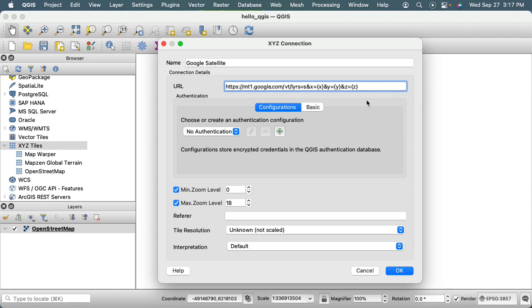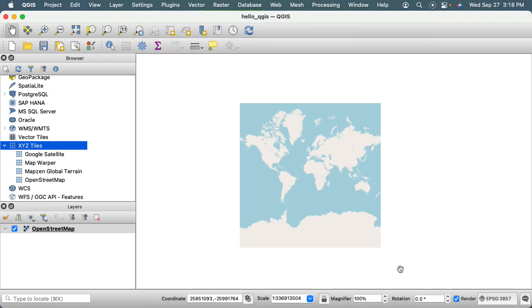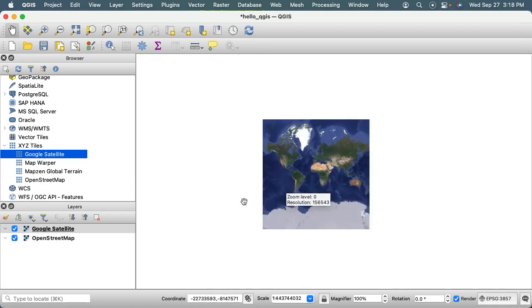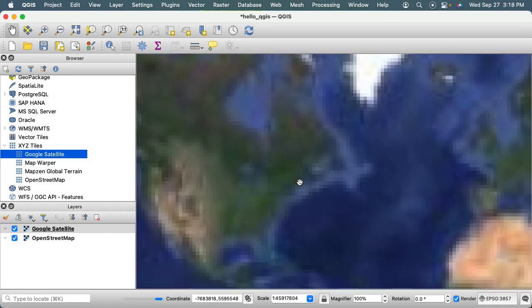So if you paste and then delete once, so the cursor is right there at the Z, this should work. Then you can leave everything else blank and say OK. And then you should have a Google satellite view here. So then if I drag and drop that on,